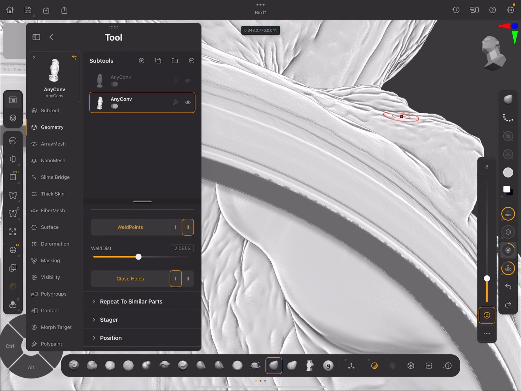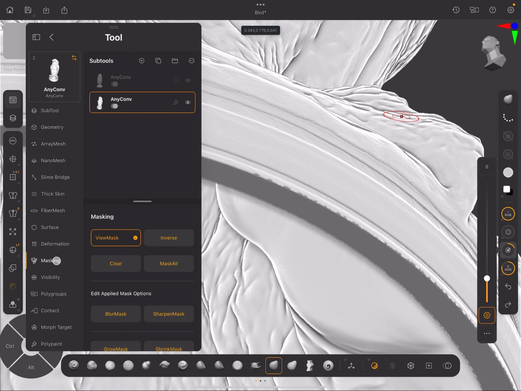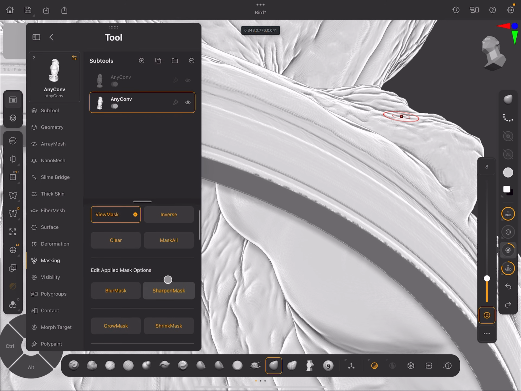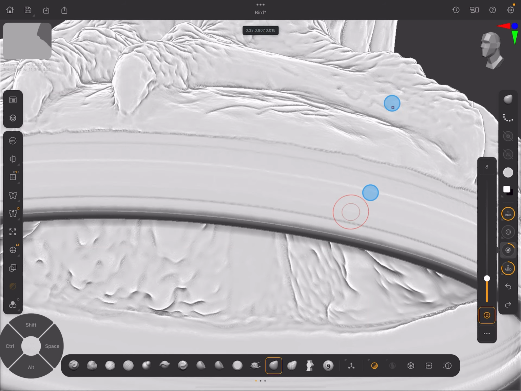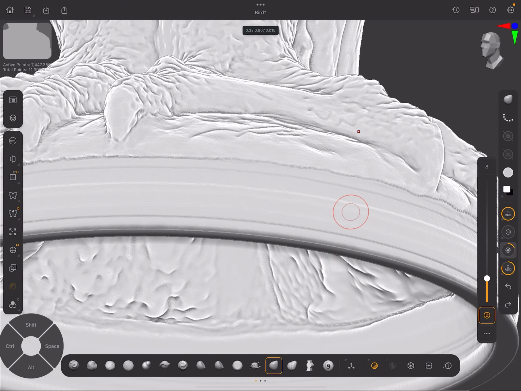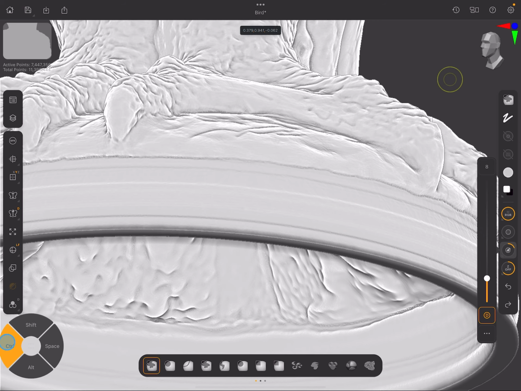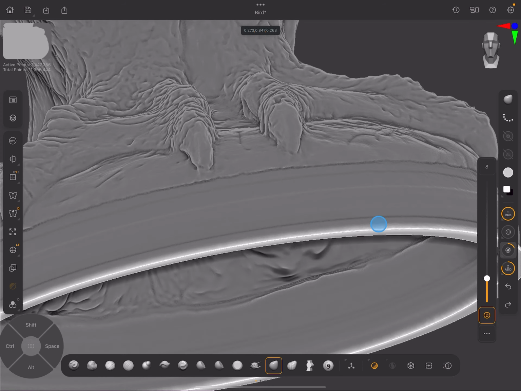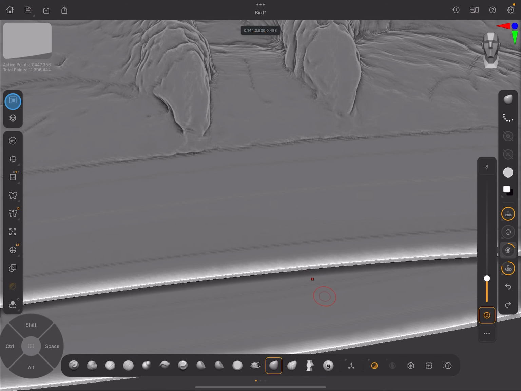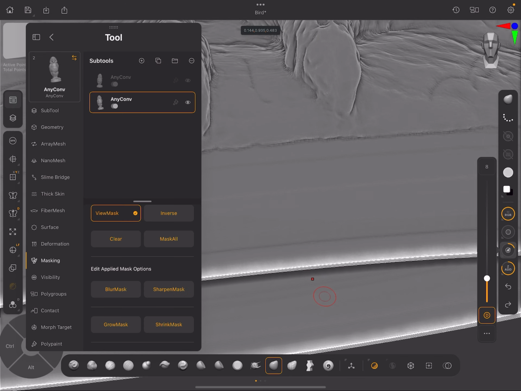We go up to our tools, masking. We could grow mask. We could sharpen mask. We could grow a mask. We could blur the mask. Right? And it comes up. Now, what are we doing with this? If I hold Control and I tap on the outside, it gives me the opposite selection. From here, I could